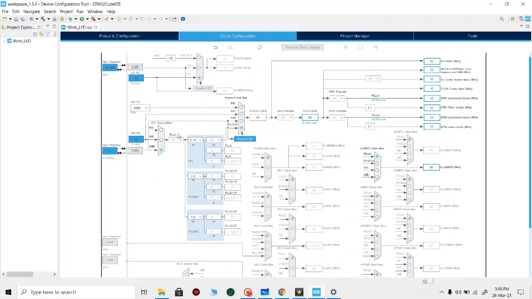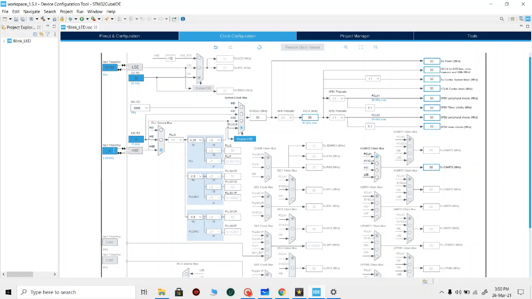and we will configure it to the maximum clock speed it can go, which is 80 megahertz. So we will write 80 here, and it will automatically configure accordingly. So now it is configured. Our main clock will be 80 megahertz, and the timer clock on APB2, the advanced peripheral bus, which we'll discuss later, is also 80 megahertz.